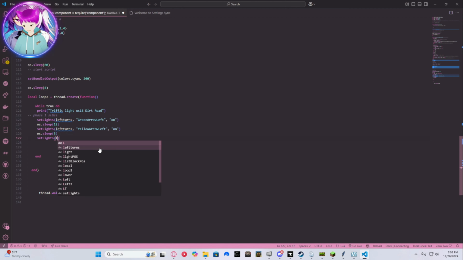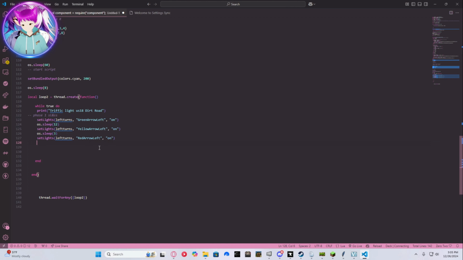Alright, then we're going to do left turns. Red arrow left. Alright, and then turn that on. Alright, so now that that phase is completely done, we can move on to the next one. Alright, so the next one is just straights. So I'm going to set lights